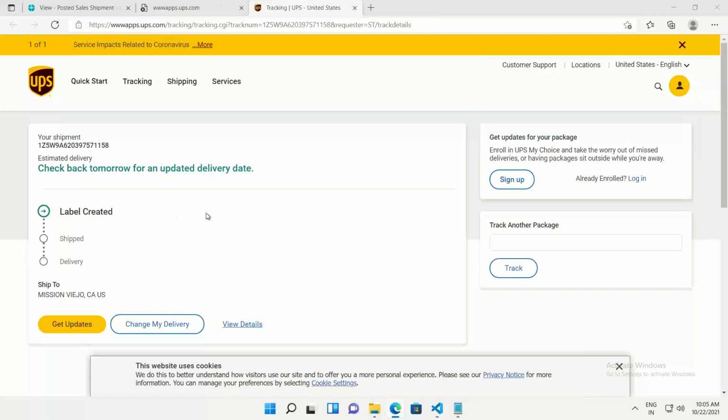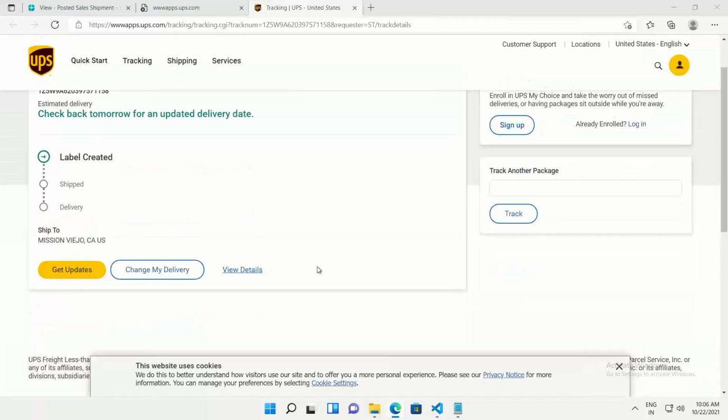In the live level created shipment, you can get it. Yeah, thank you. For multiple packages, it will be updated with the master package number under the posted sales shipment and the invoices. Okay. Yeah, thank you. Please go ahead, sir.